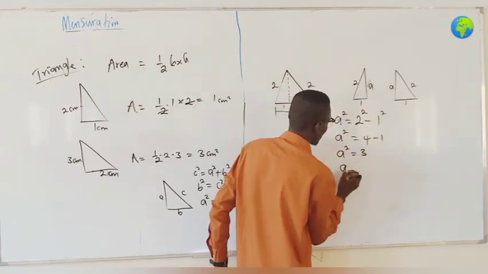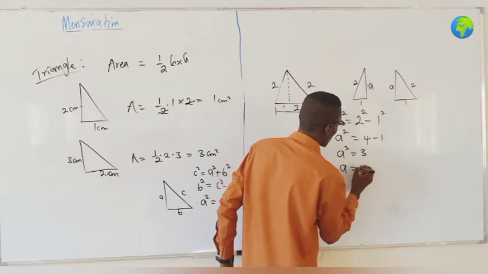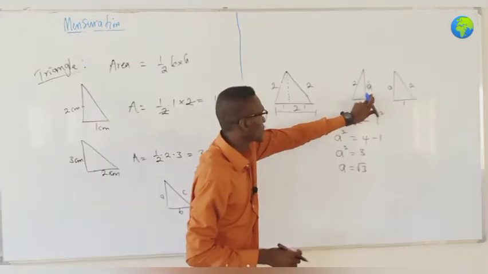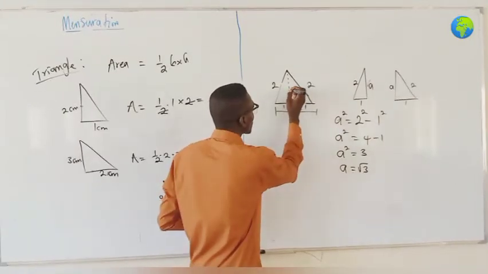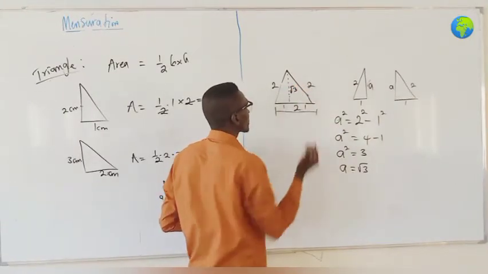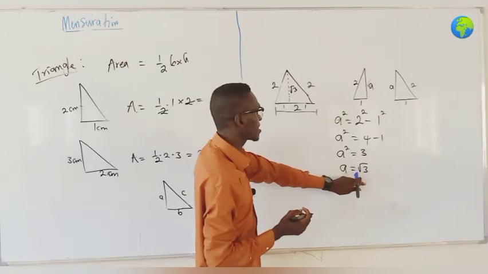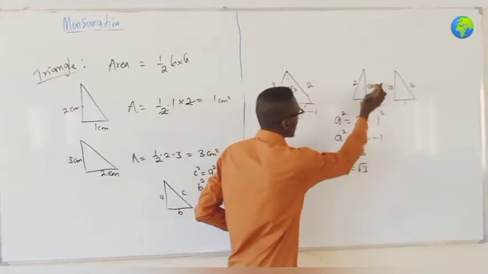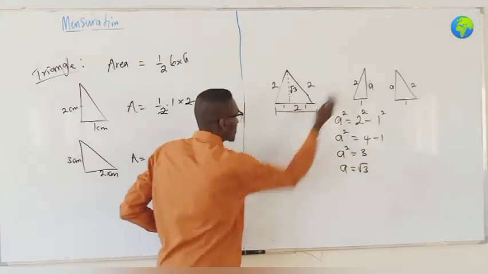This is 3. So that A is going to be what? Square root of 3. So that means the missing side is what? This portion is square root of 3. And you all saw how I calculated it, right? So since the missing side is square root of 3, how do we, if I bring back this, that means this figure is